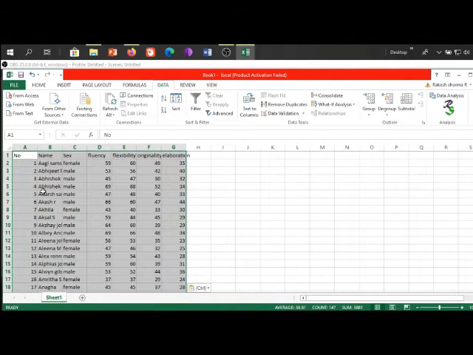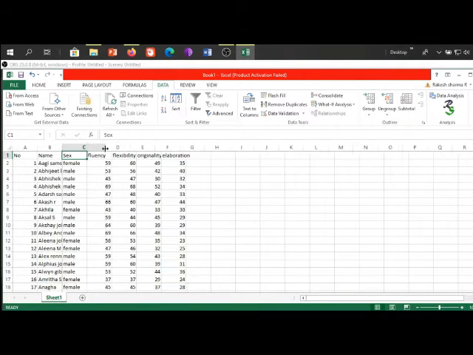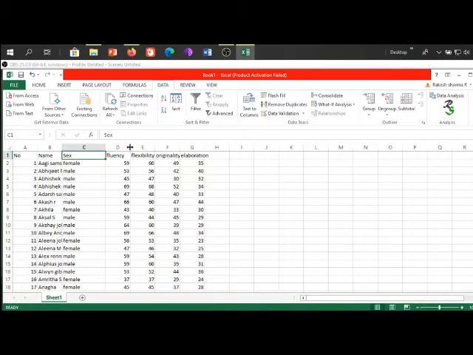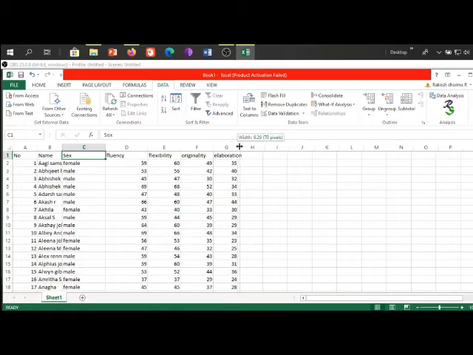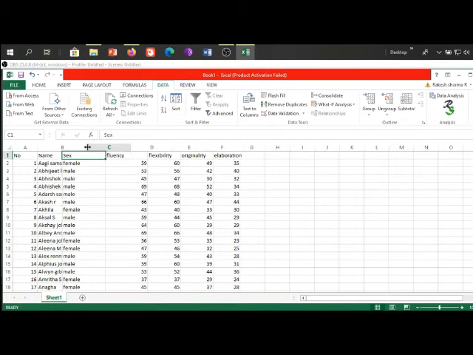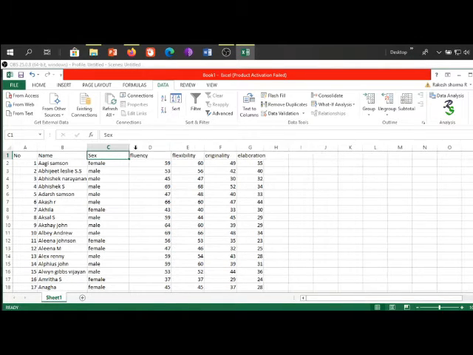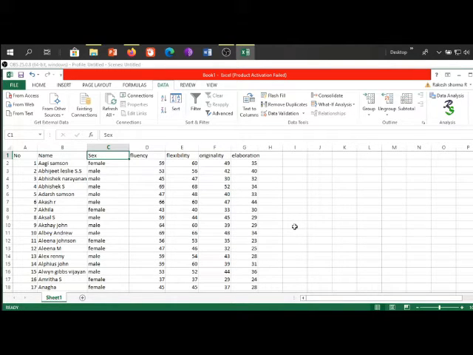Here we have multiple variable sets of data based on flexibility, fluency, originality, and elaboration. For ease of demonstration, I have copied and pasted a part of my data to the present Excel sheet.